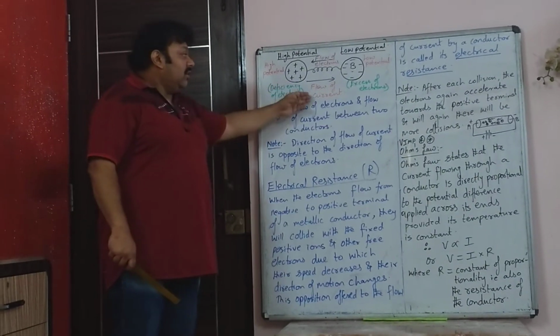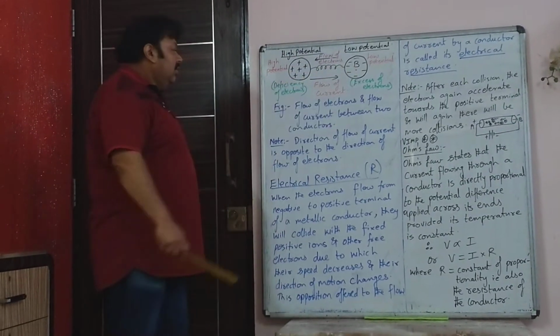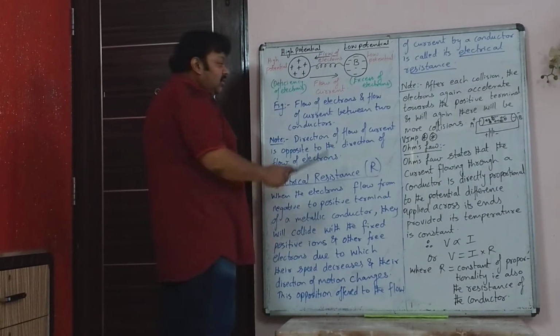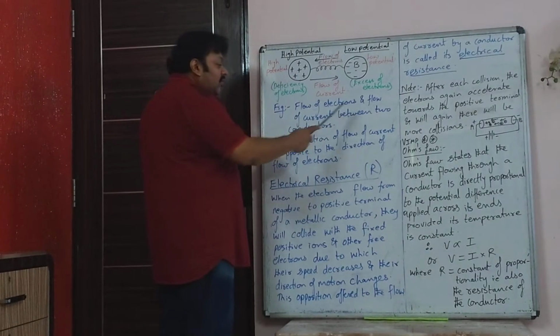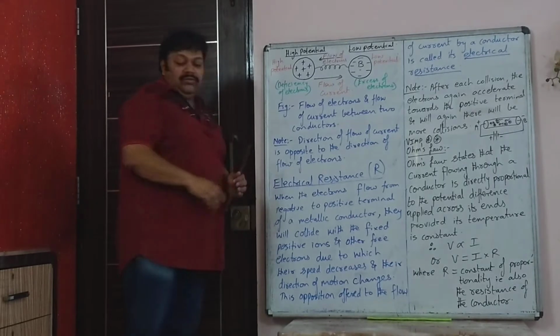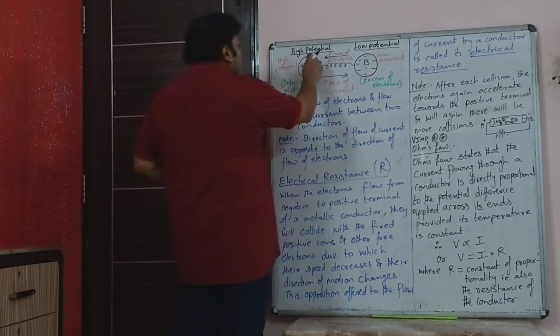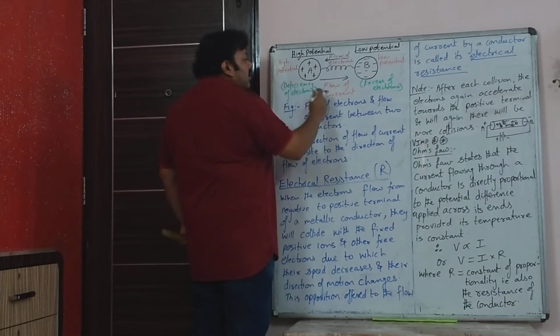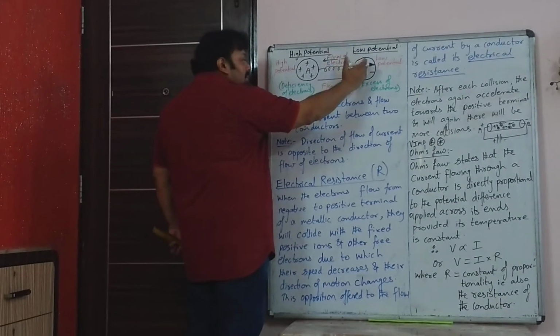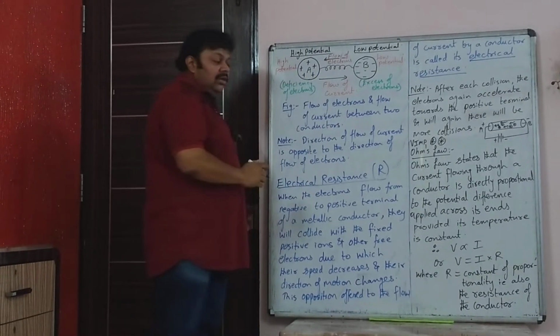That means current will flow from higher potential to lower potential. So this is what you had just written, flow of electrons and flow of current between two metallic conductors A and B, which are connected with the help of a metallic wire. So you have here electrons flowing from B to A, but current flowing from A to B.